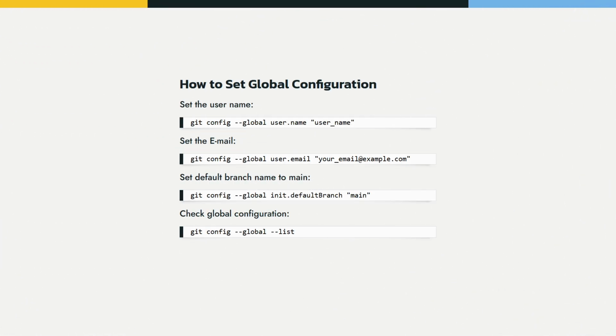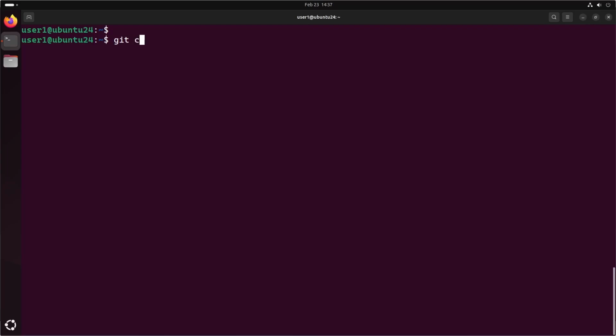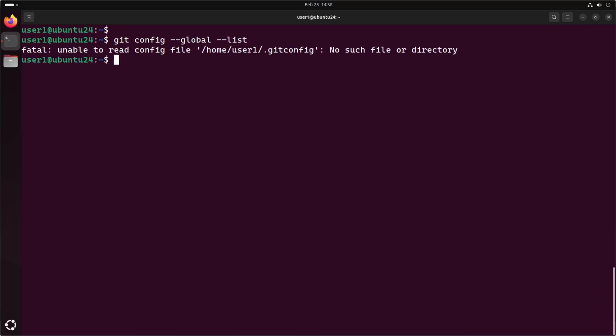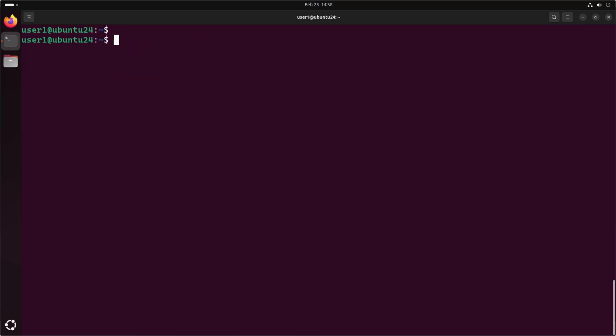So what we need to do, set the username, email and the name of the default branch name, and the command for this is git config --global. So first we will run the command git config --global --list to see our current configuration, and here we don't have any configuration, so first we will set the username using the command git config --global user.name, and then set your username and make sure to put the name inside quotes,